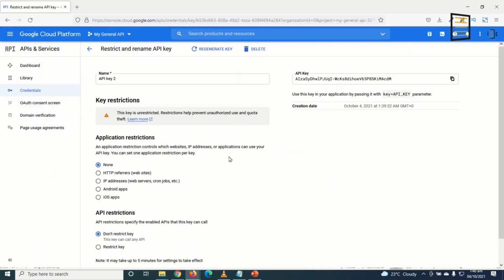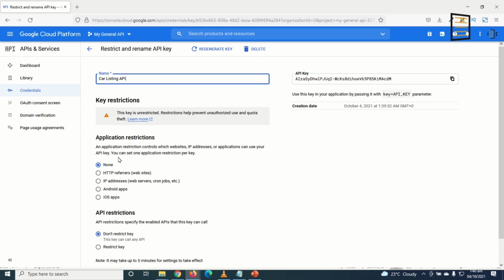So what we are going to do with this restrict key is that if you restrict it, it will be limited to whatever website or platform you are going to use it, so that other people will not be able to use your API key. So in here, you need to give it a name. So I'll say maybe I want to use it for car listing. So I'll say car listing API, something like that. And that is the API key right here.